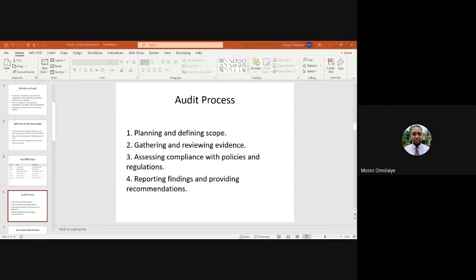Last class, someone asked a question: what's the difference between an audit log and a risk register? He said they seemed similar to him. So one of the promises was that in today's session, we would be able to define and differentiate between the two. Now that we've understood what audit is and what risk assessment is, and how they complement each other, we will go into audit log and risk register.